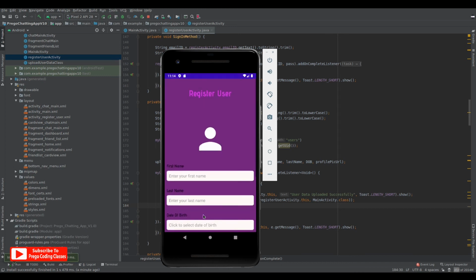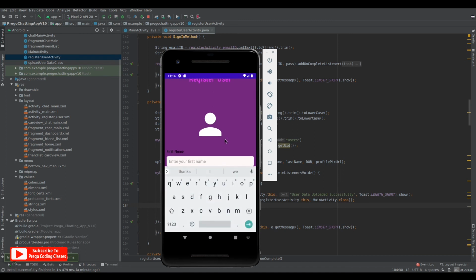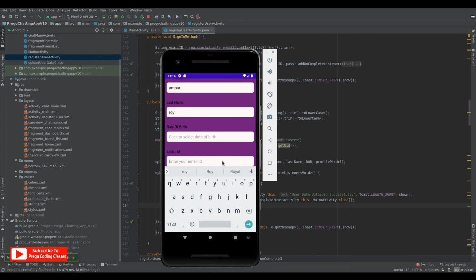So let's hit new user, and we won't load the image right now because we want to check the errors in every way. So let's give the first name, that is my name, my last name, and if we hit tab, it just skips this part because we have already set it to non-focusable, so it won't get any focus. If we hit tab, it will just skip, so we need to click it.